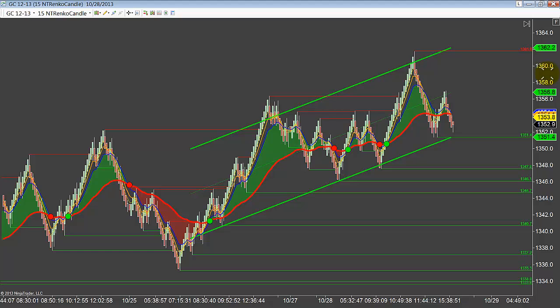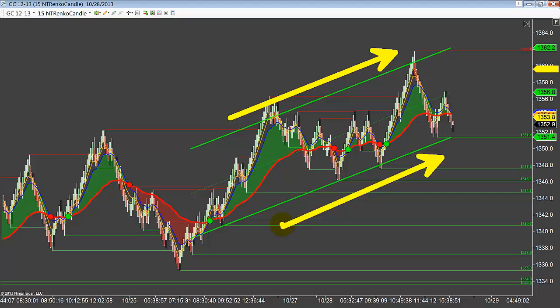What direction do we think would increase the odds of our success? Well, I'm not a brain surgeon. I'm going to say long, right? So we all agree that trying to trade short is probably going to give us lower odds of success. But can we take it one step further? Oh, yeah, we can. We go one step further by using a bullish trend along with anchor chart support.